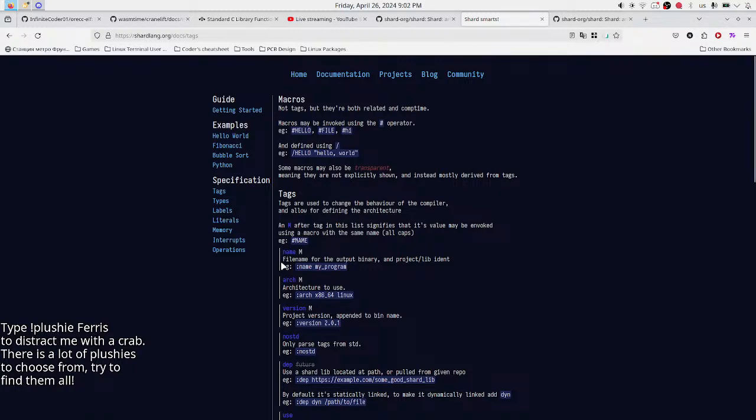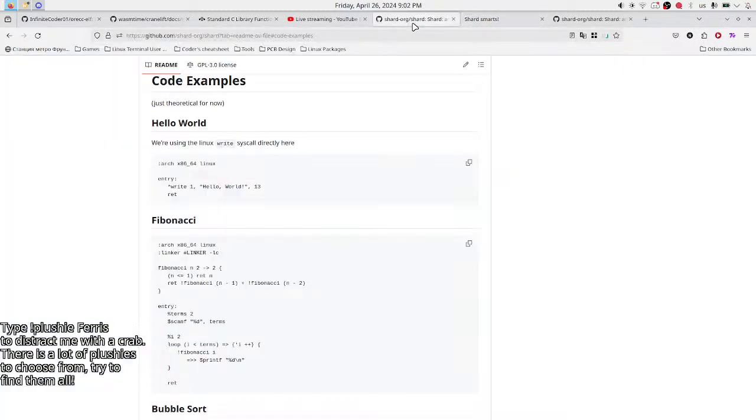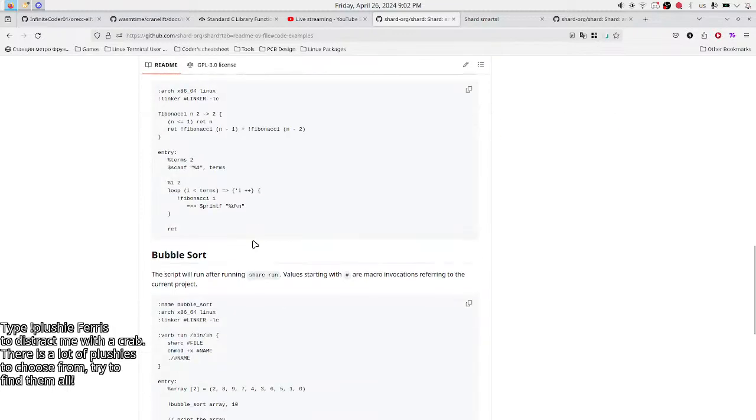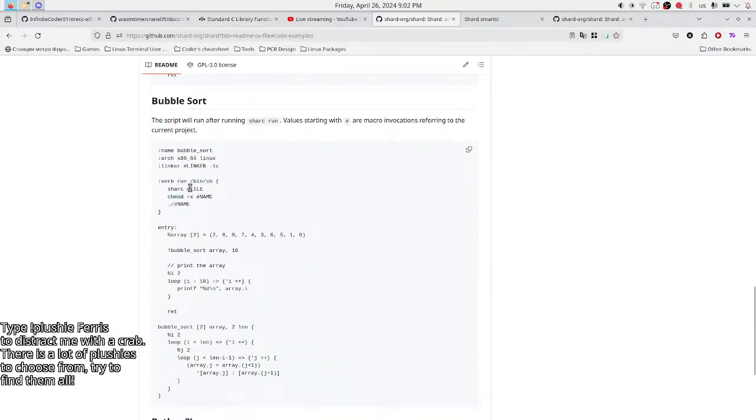What? So you say capital name? Oh, so it's like here arch, and if I type arch in capitals after the hash, like you do here with name, it will give you this, right?